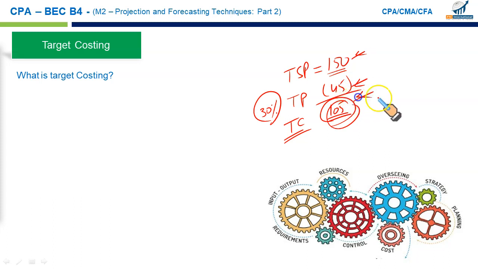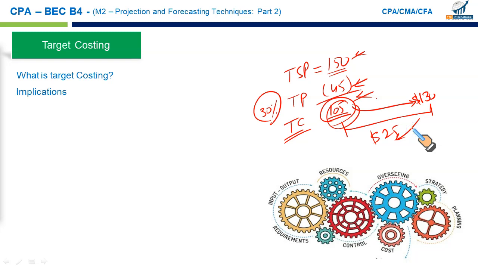Now, achieving this cost could sometimes be very challenging. What if your current cost, as predicted by your management accountant, is 130? The cost you want is 105, so there is a massive gap of $25. How do we bring this gap down? This cost gap needs reduction. Sometimes management might compromise on quality and use cheaper inputs. Cheaper inputs will lower the cost from 130 to 105, so you will achieve your target cost, but it may lower your sales in the future, because a product of low quality will not result in sustained sales.